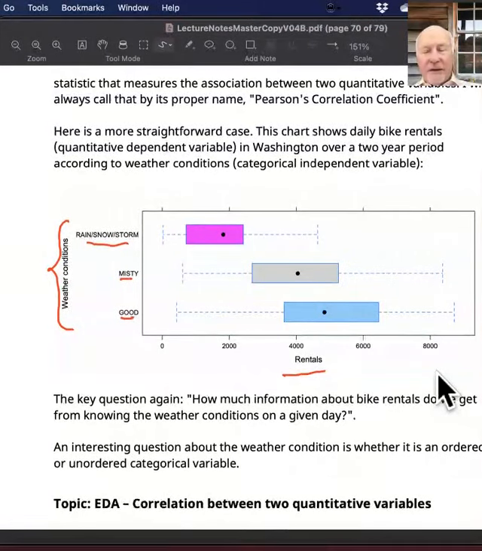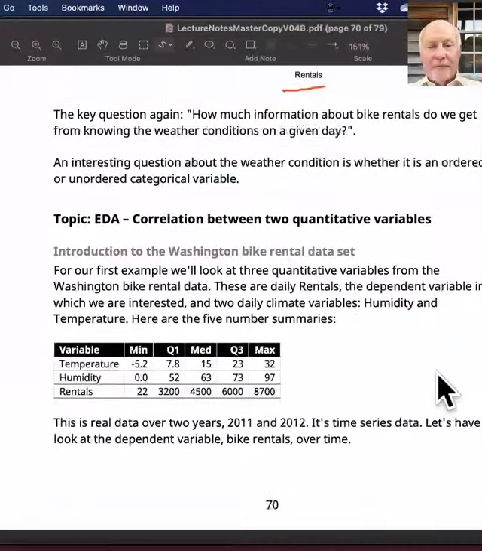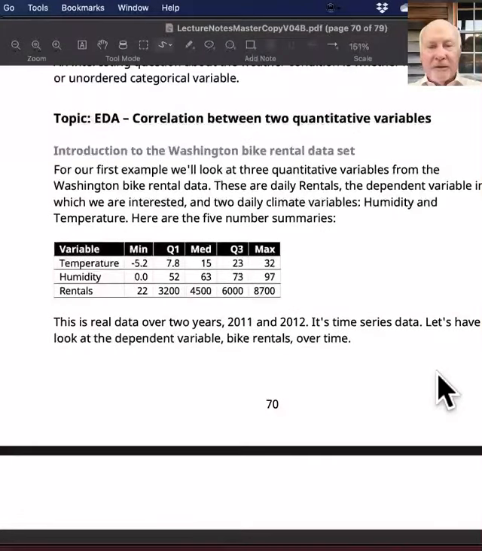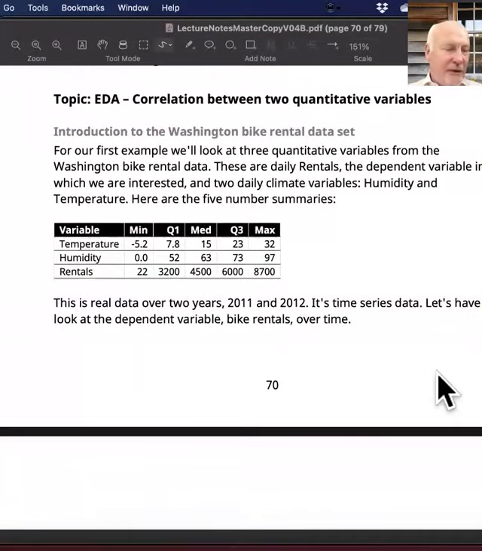Okay, so that now leads us on to the biggie. This is about correlation between two quantitative variables. If you do an introductory statistics course, you tend to spend a lot of time on this. We're not really going to be doing statistics with this, but I want to explain the principles and show how we do the exploratory examination of this kind of data to decide whether it's worth